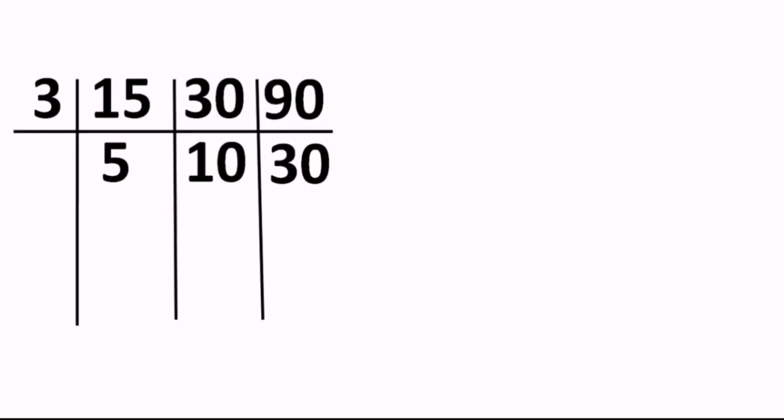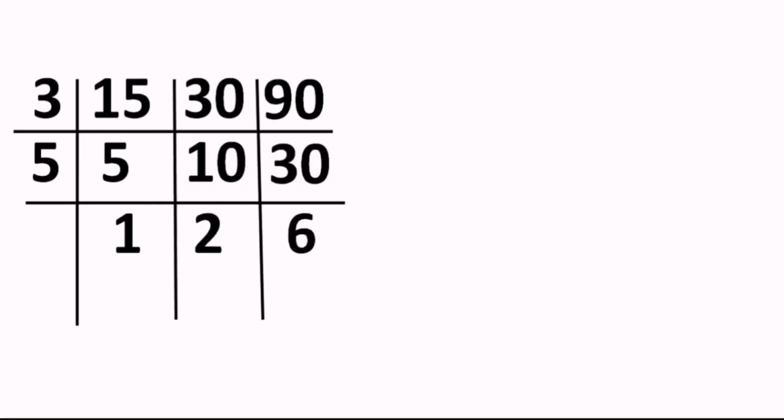Now again, if you observe the bottom layer, 5, 10 and 30 must be divisible by 5 now, right? And this time we'll use 5. 5 ones are 5, 5 twos are 10, right? And when we divide 30 by 5, we get the answer 6. Now check the bottom layer: 1, 2 and 6, right? We have to stop only when no two of them are divisible by the same number. Presently over here 2 and 6 are divisible by 2 itself, so of course I need to choose 2 for the division. And see, we got the first number as 1, so 1 should be written as it is.